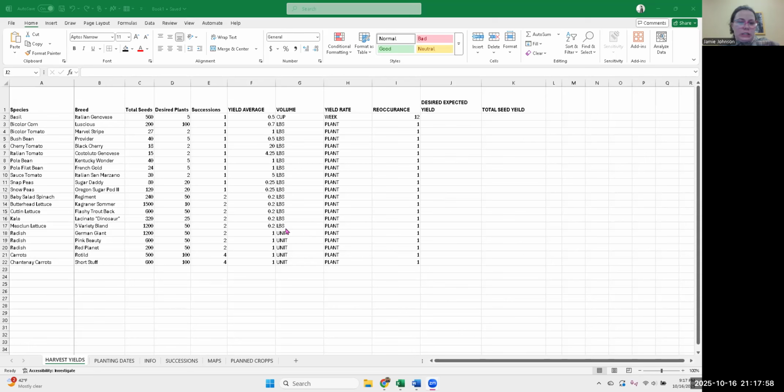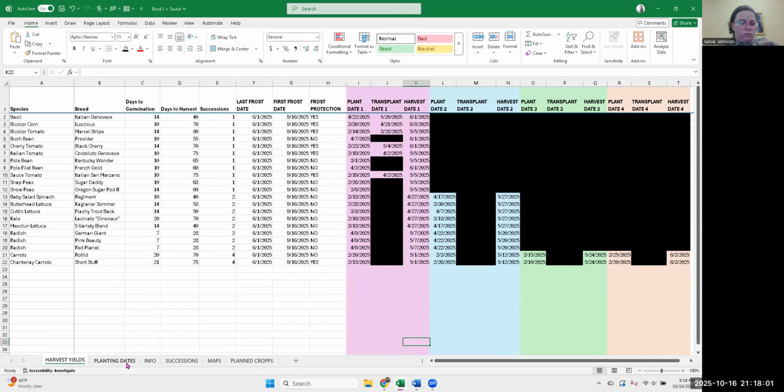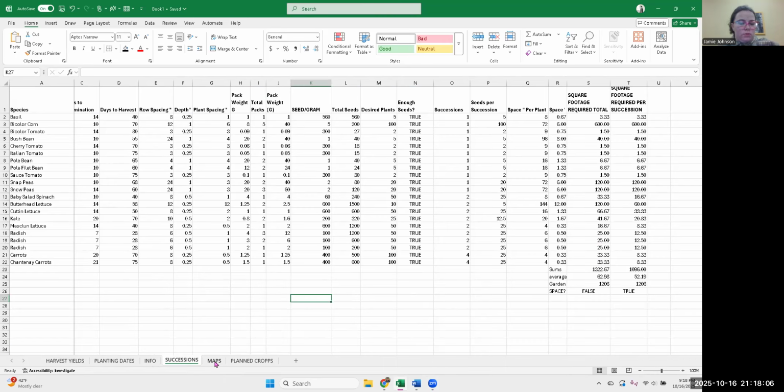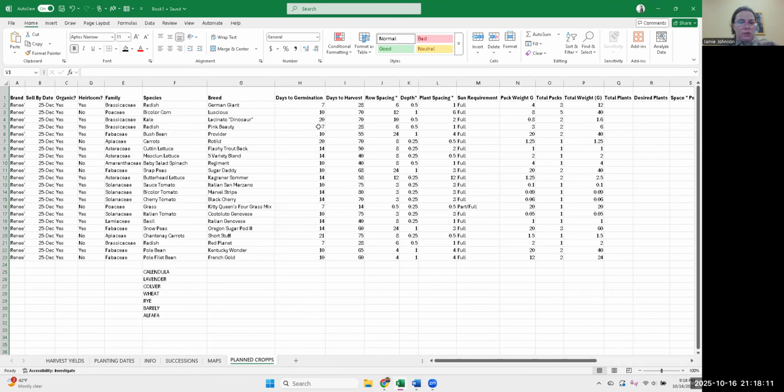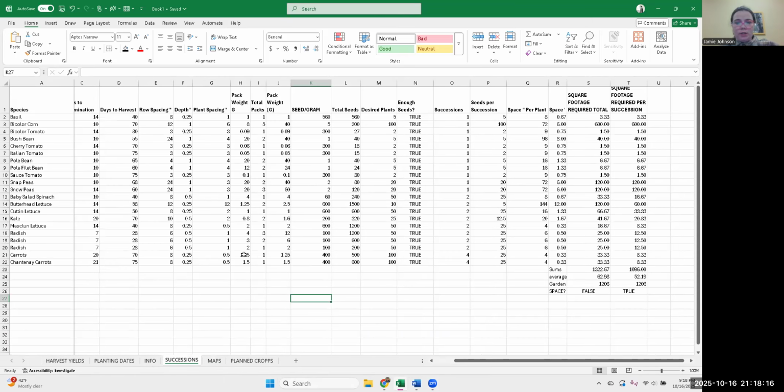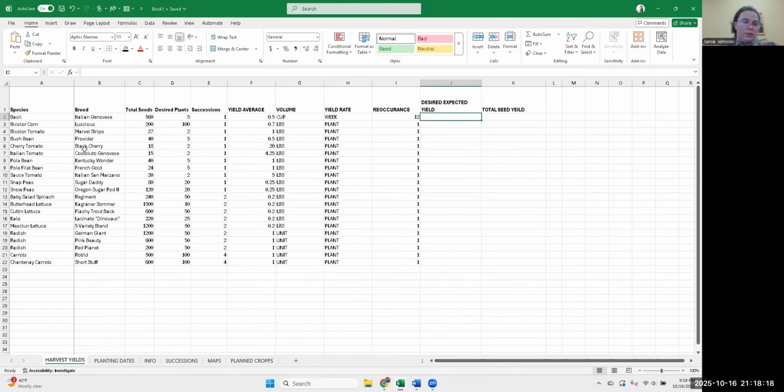You will see that I took things from the last couple Excel videos, specifically ones from like here, not there, and here and stuff, and I moved them over here. So like the total seeds and the desired plants numbers. Now currently these are totally estimates, and I will at some point